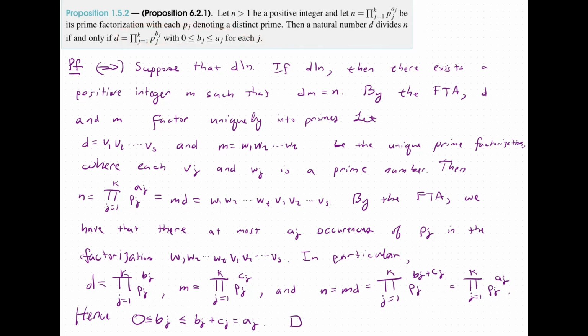So now let us do the converse. Let us suppose that d is equal to the product from 1 to k of p sub j to the v sub j, with 0 less than or equal to v sub j less than or equal to a sub j for each j. And so now what we are going to do is consider the following. So observe